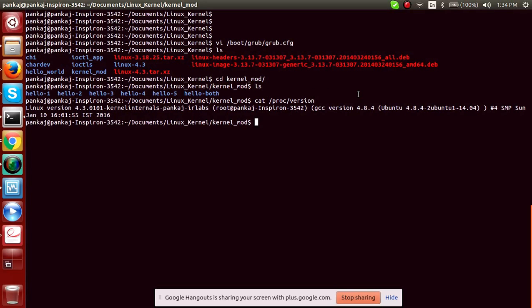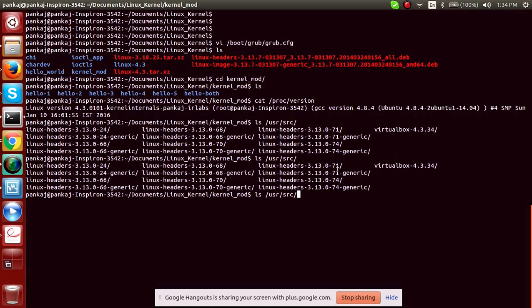I have headers installed for this particular version, and I can see them here in /usr/src. Now you can see which kernel version headers are there. Our headers are not there, but because we have compiled this kernel, we can find the build file in /lib/modules.